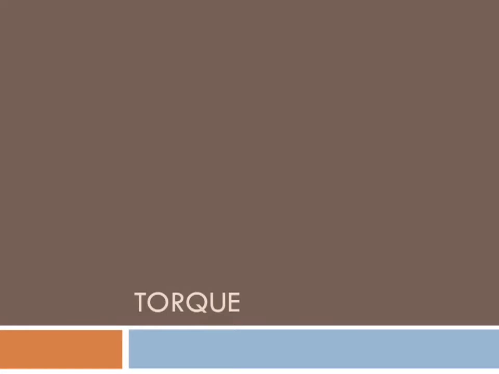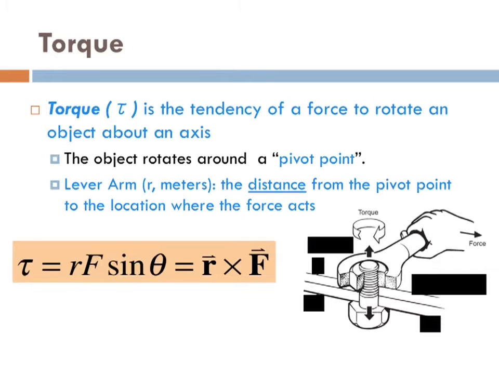This video covers torque. Now, we've seen torque before. It's represented by a tau. It is the tendency of a force to rotate an object about an axis. Now, torque is a cross product of R cross F. Now, R is a lever arm, and it is the distance from the pivot point to the location where the